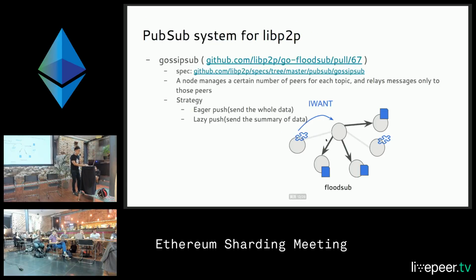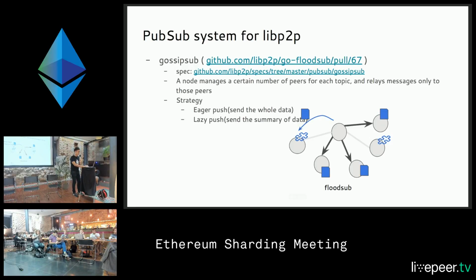After a node pushes a summary to other nodes, if after a period it doesn't receive the corresponding body of the summary, it will find that it lacks some data. So it will ask the original node which sent the summary to it, and it will get the data. So it is called lazy push. And Gossipsub uses both of the strategies.